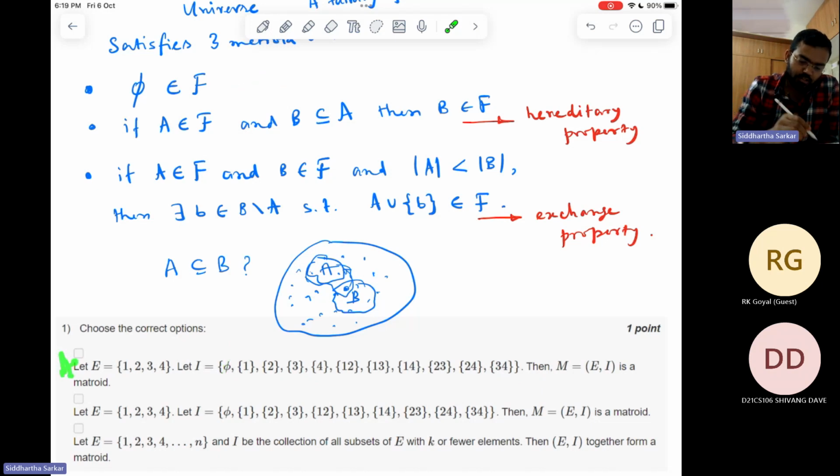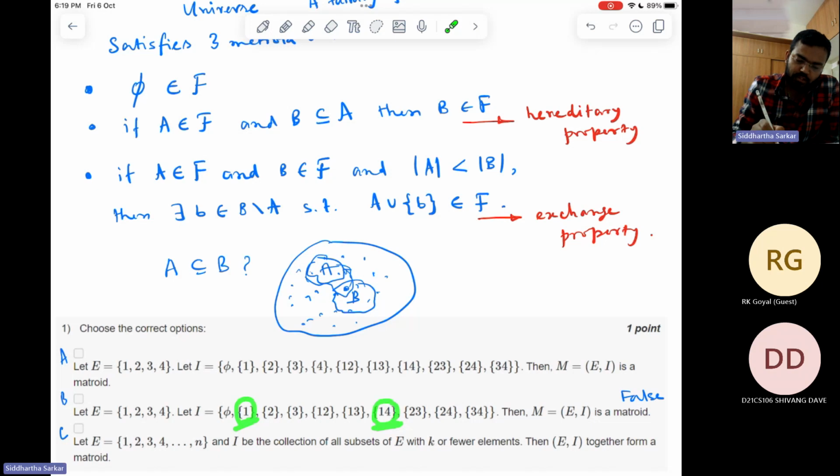So let's first look at the first statement. Of the three statements, B, as you have rightly concluded, is not a matroid. So this is false. B is not a matroid because there is a family consisting of a singleton 1, and here is family 1 4. The number of elements in this family is 2, and in this family is 1. So the cardinality of this family is strictly less than the cardinality of this family. So it should be possible to add one element